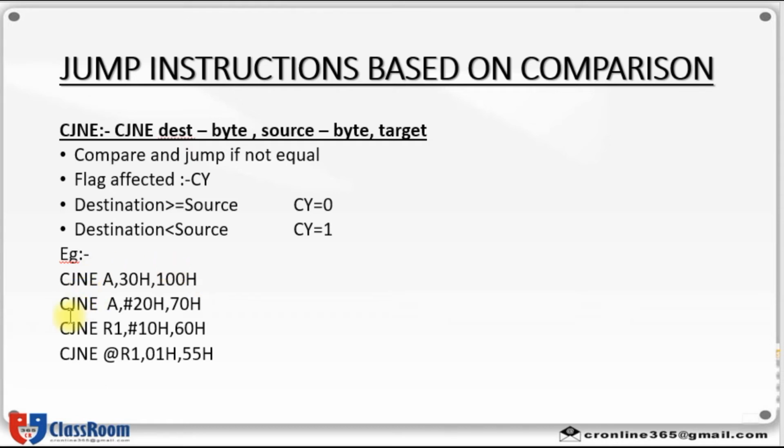Then next instruction CJNE A, #20H, 70H. Contents of accumulator is compared with the value 20. If this accumulator content and this 20 value are not equal, then it has to jump to this 70H address location.